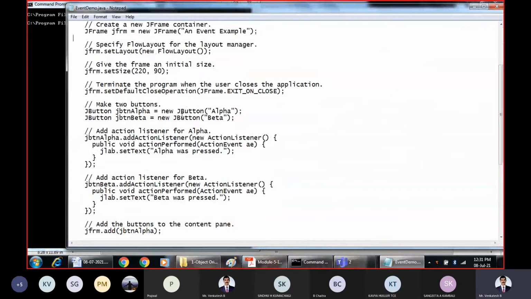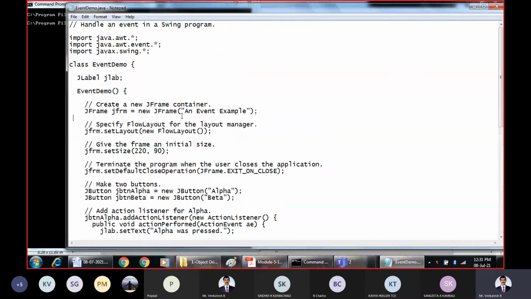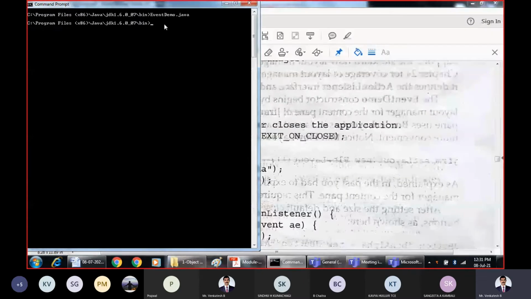So this is the program we have just studied. Let us execute and see it in a real-time situation. So javac, compile the program first, EventDemo.java. Next, java EventDemo.